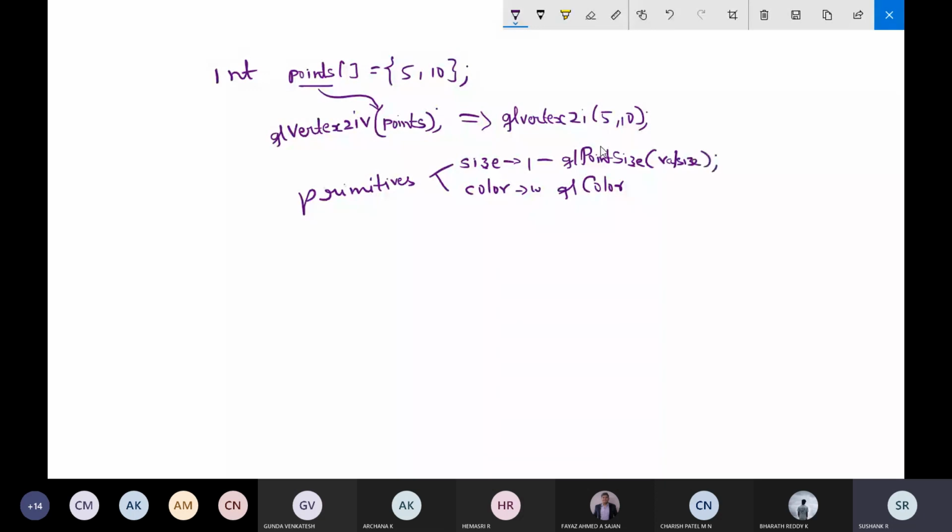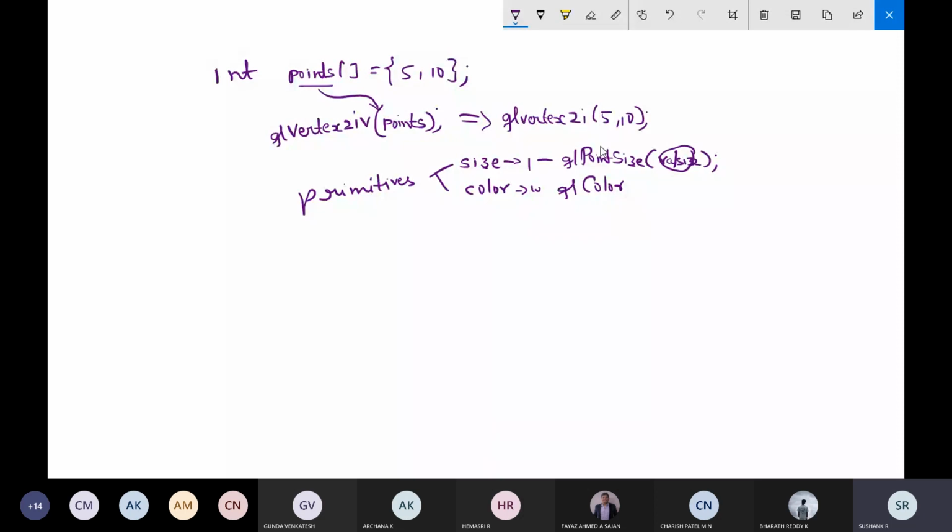Here you'll be passing the size, so whatever value you pass will be your point size. You can pass a float value also; if you pass a float value, it will be rounded to an integer. These are a few things I wanted to talk about regarding the attributes of the point.